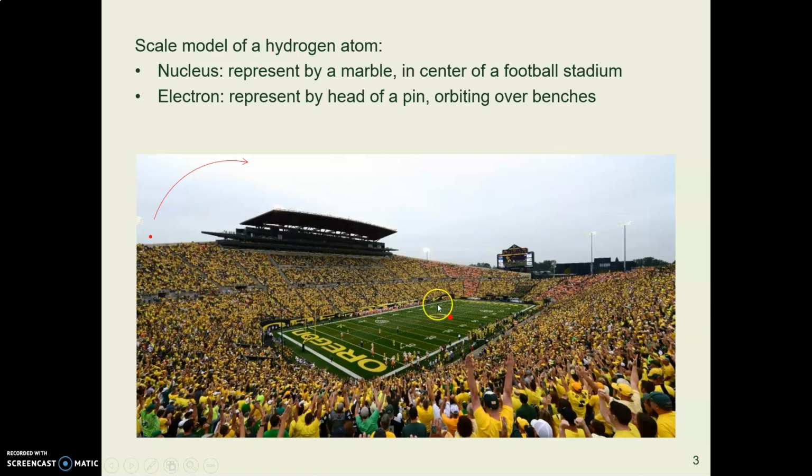And here's a marble. That's our scale model of the nucleus. The electron would be the size of a pinhead, and you would have to put it out at the far outside of the edge of the stadium, orbiting around. That's how much void there is in matter. Marble in the middle,